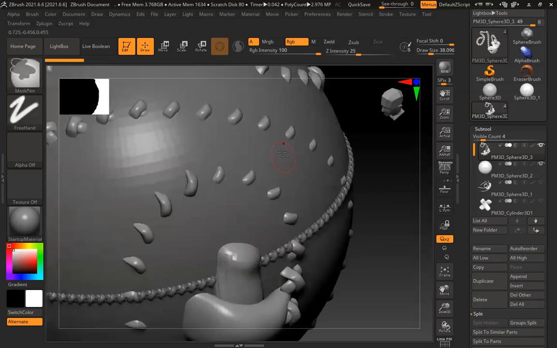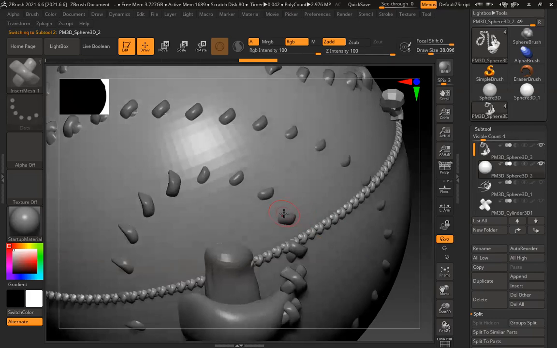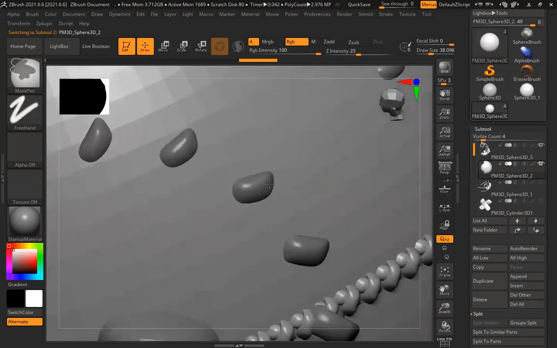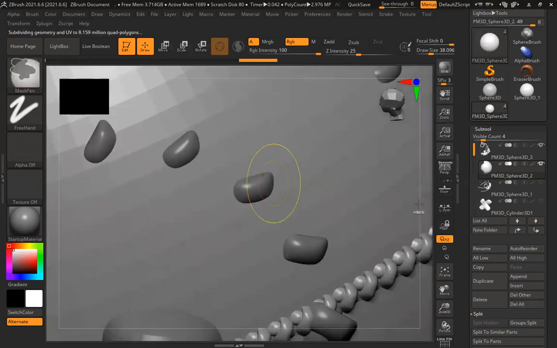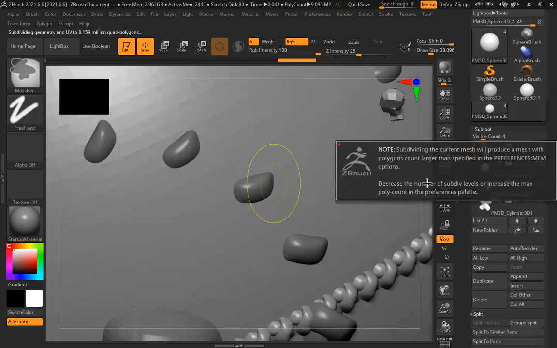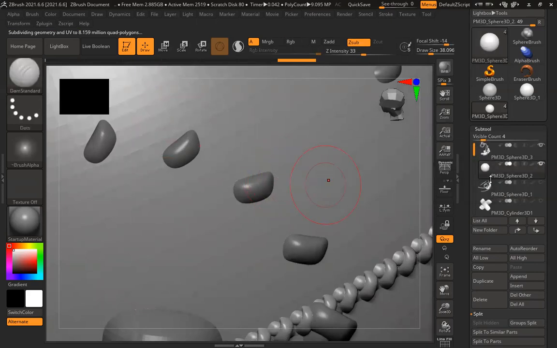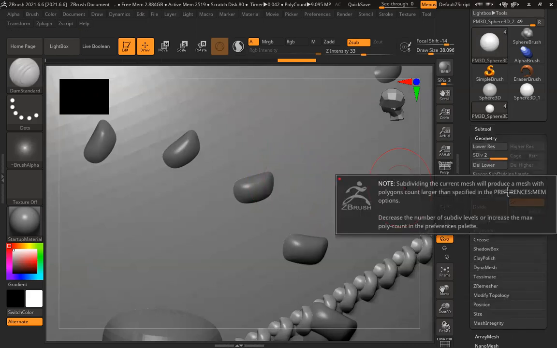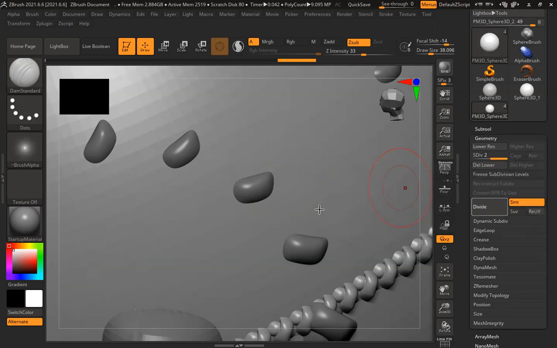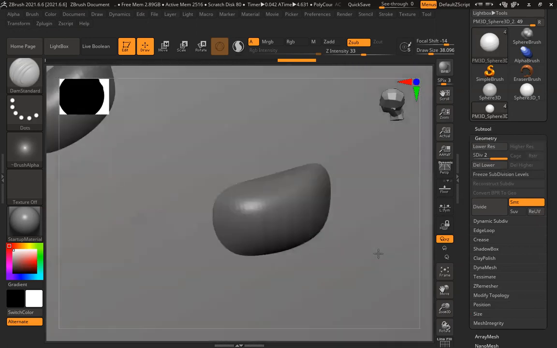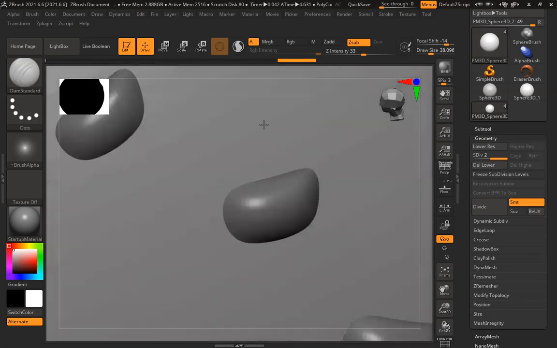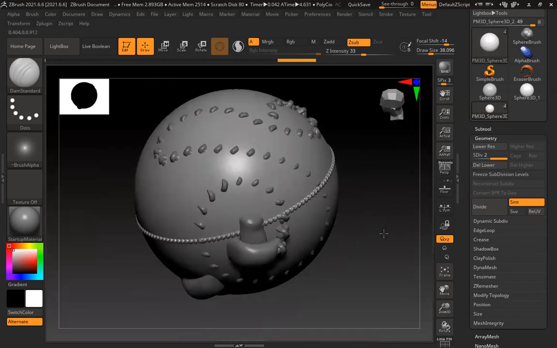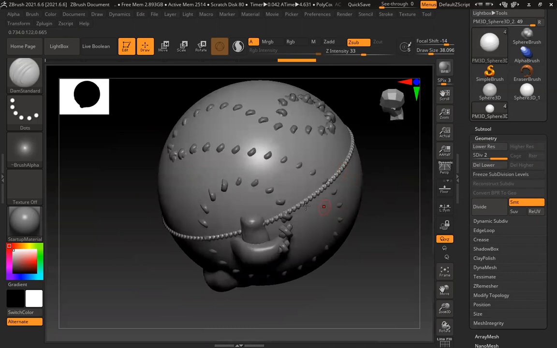Suppose this has holes. So personally, what I prefer is I'll just separate them and then Dynamesh, then standard and Control D. Okay, this one is part of this, that's why it's not working.